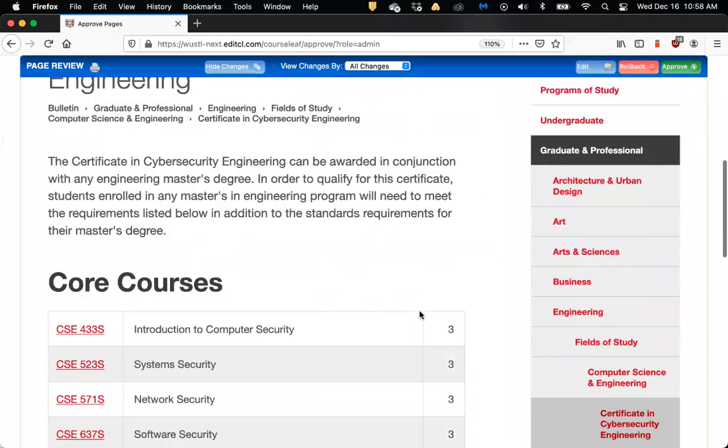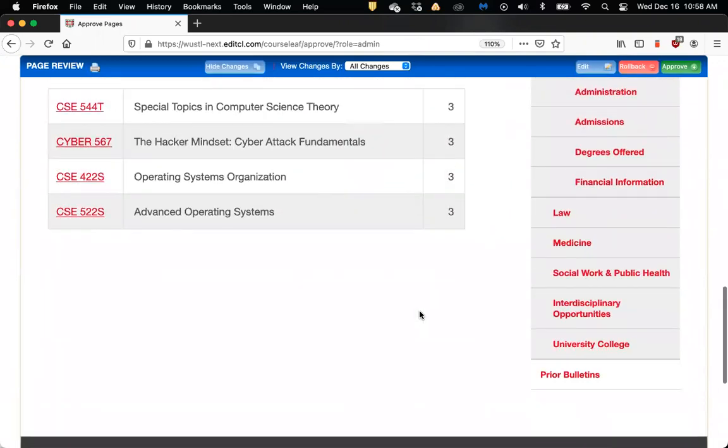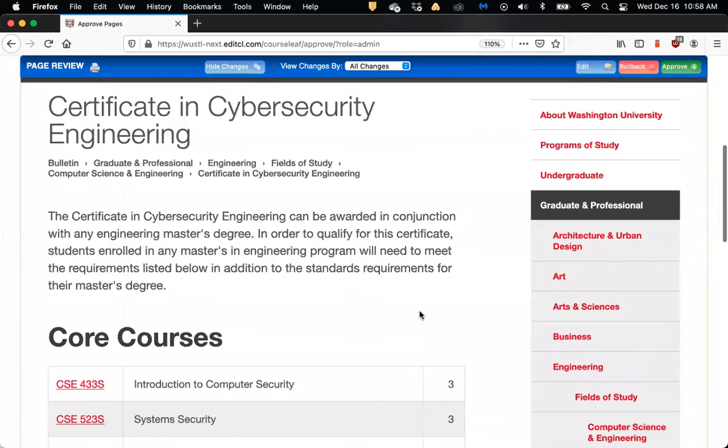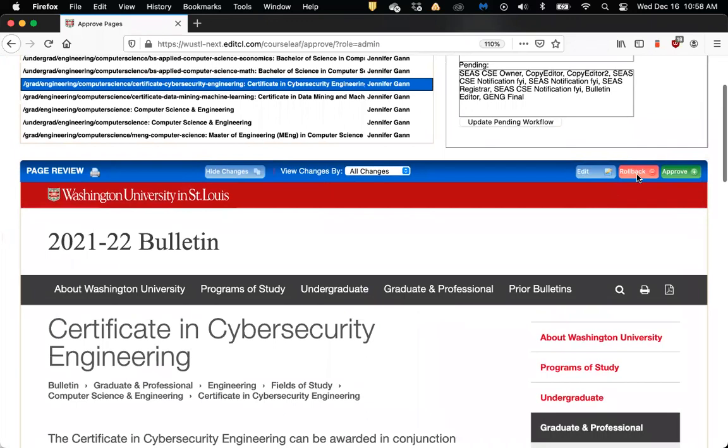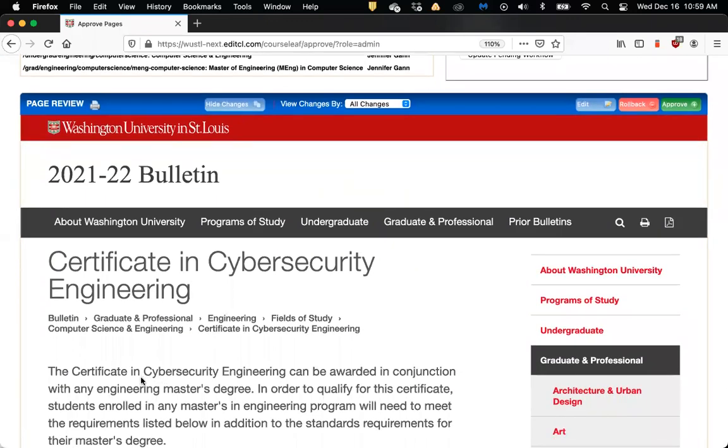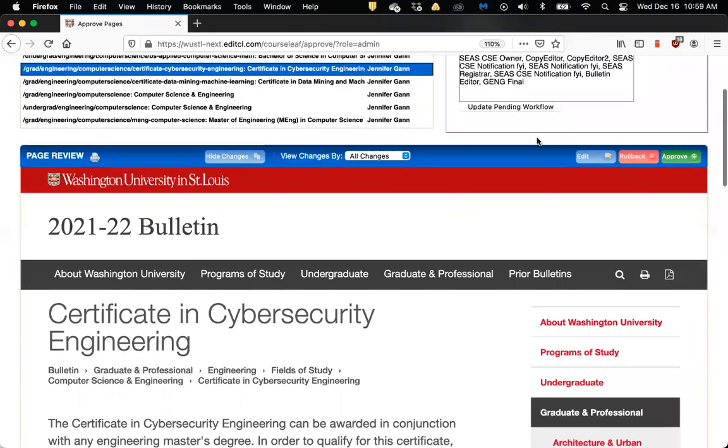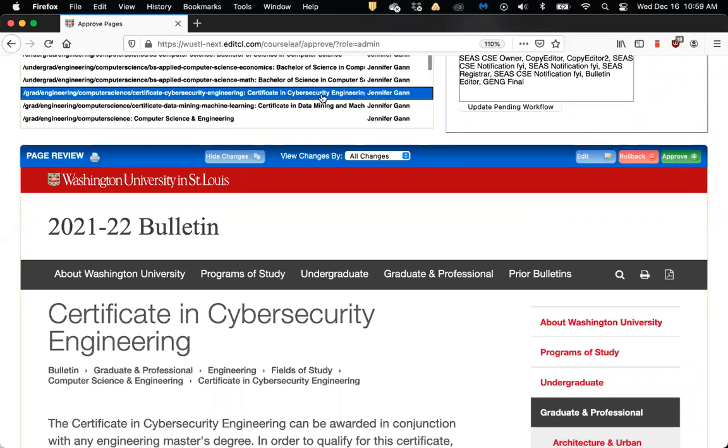So this cybersecurity, for example, is a preview of a page that I would need to approve. And if you like what you see, you would just click approve, that green approve button.